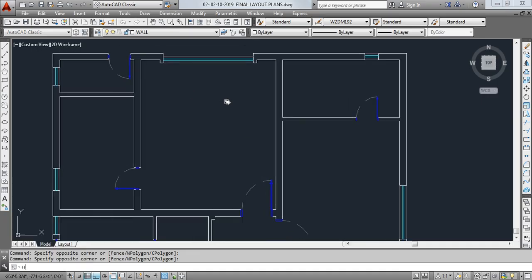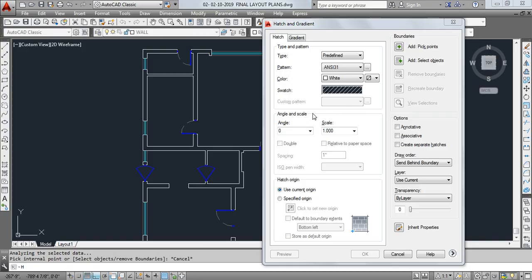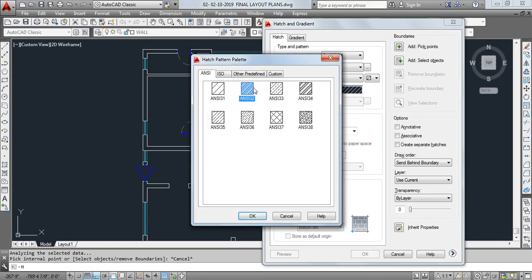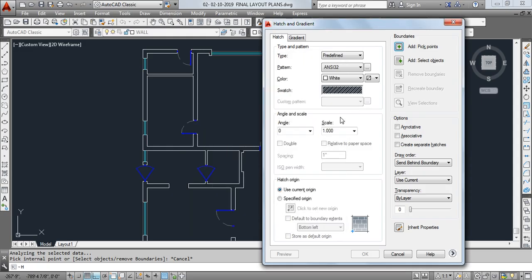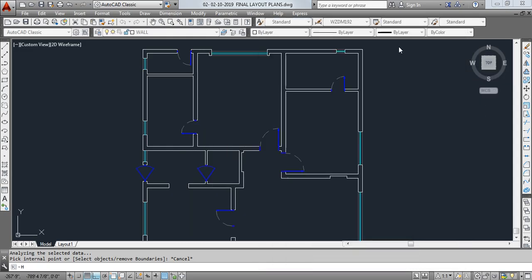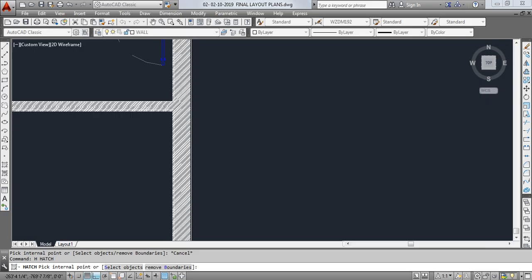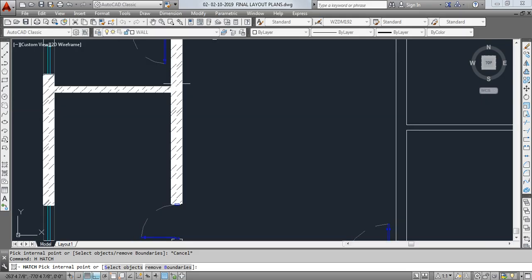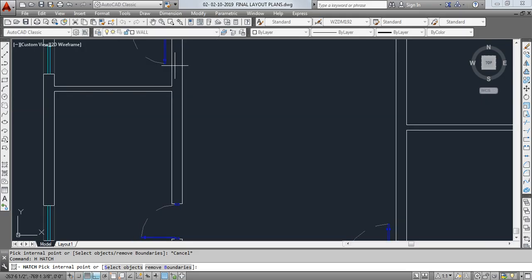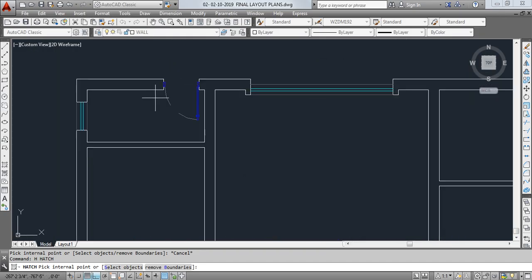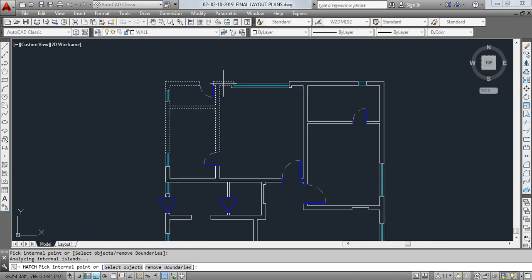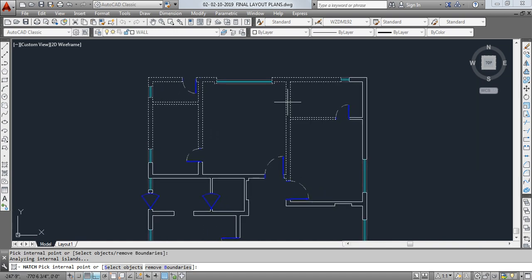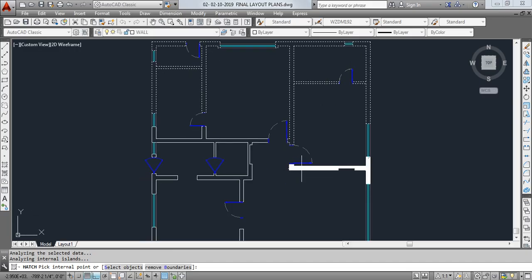So I'm going to press H, enter, and this is the window which appears. Let me choose the pattern I want to use for hatching. Let's say this one. Select pick points. As soon as I take my cursor here, I'm not clicking, you can see that it is automatically showing you the scale, how much it is going to look. So I can change that as well. I'm going to click, and it is automatically going to select the closed boundaries. So it is not selecting the windows, it is only selecting the walls inside where I'm going to click here, I'm going to click here,